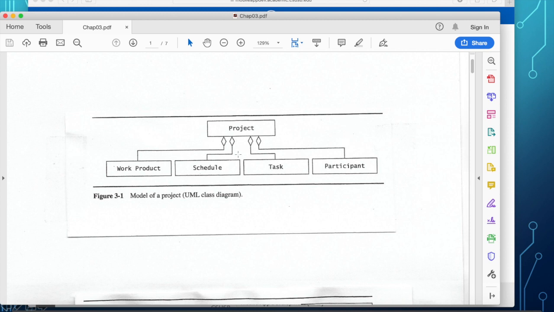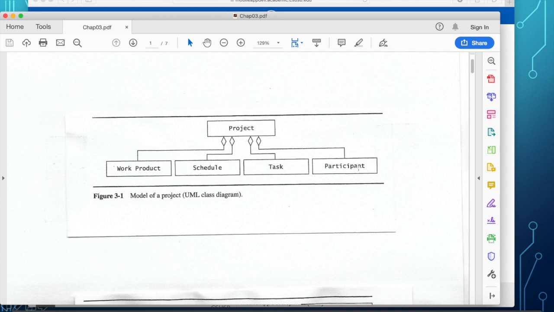If you notice, this symbol is representing aggregate. That means the class project consists of four parts, and the parts are the work product, the schedule, what are the tasks to be done, and who are the participants.